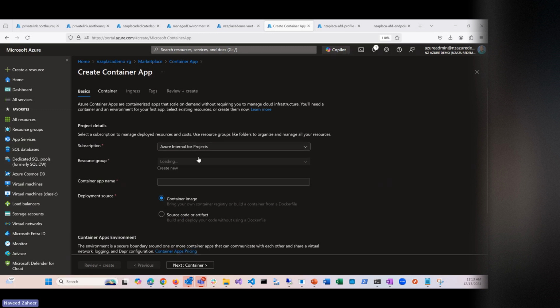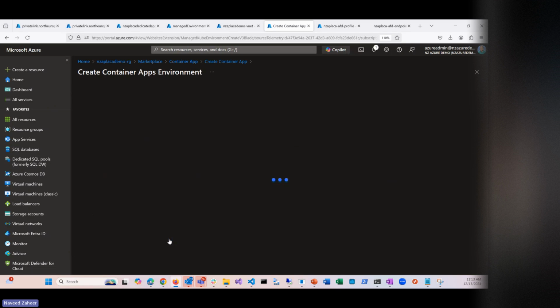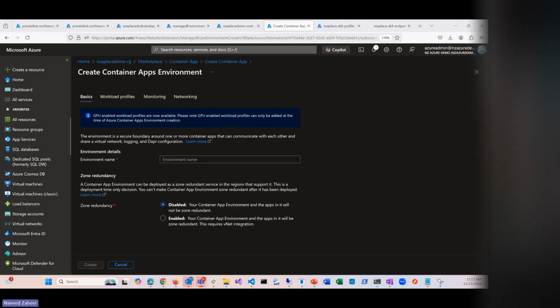Okay, so you basically provide the name of the container app and resource group. So you just give it a name, and anyways, we are not going to exactly create it. I just want to show you. So this is what I'm talking about: container app environment. If we say create new, it will ask you the name of the environment, and we can just call it